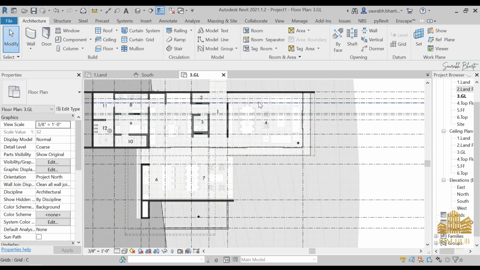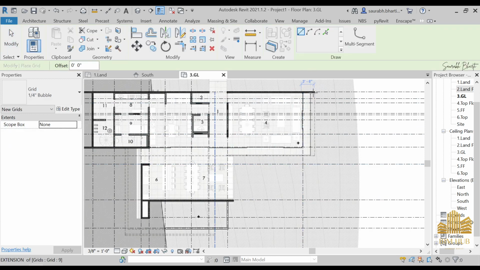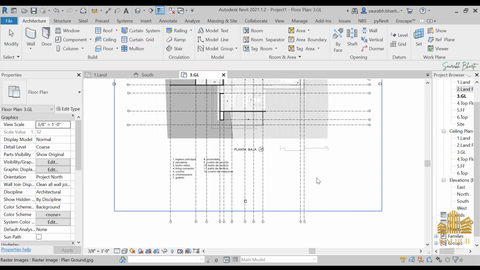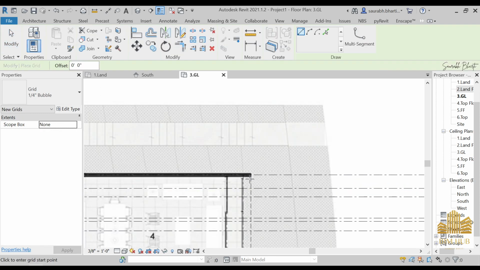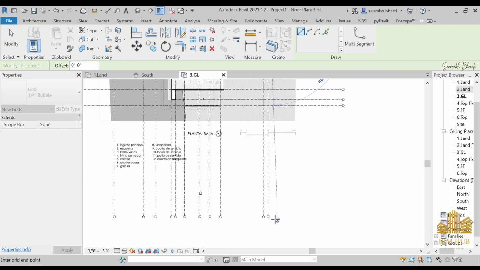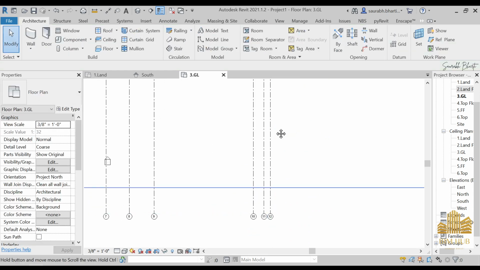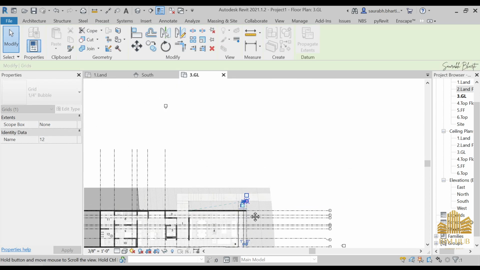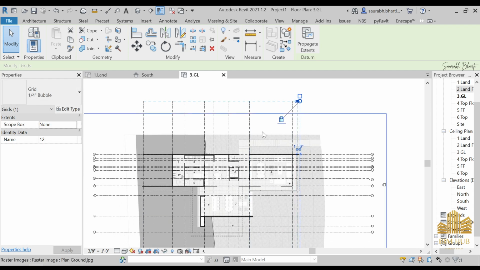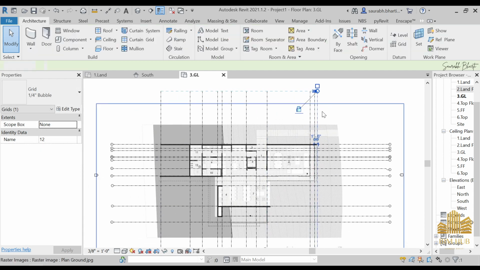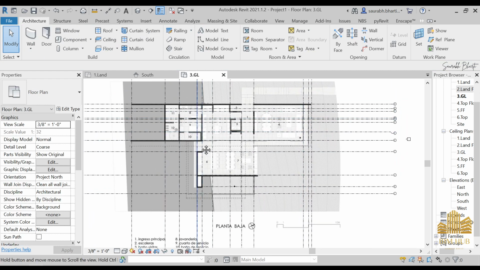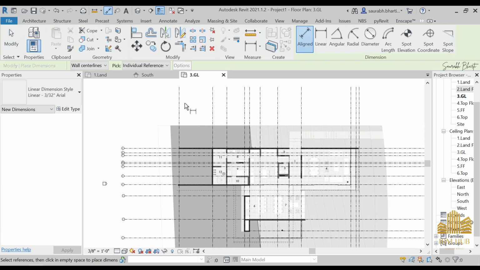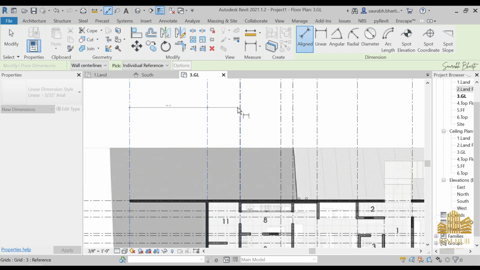Okay, that is fine. Then now that we have this place, we have one or two more grids that are going to be made. So one over here, and I can select grid lines and make this grid from this point. Okay, done. So we just need to increase the size of one of the grids, I think. Okay, and then you will see that every grid in the same segment or same line will just cover that one. So now we have this grid line. Now we have to take the distance of this grid line. So for that, just press Ti on your keyboard and then just take the distance,